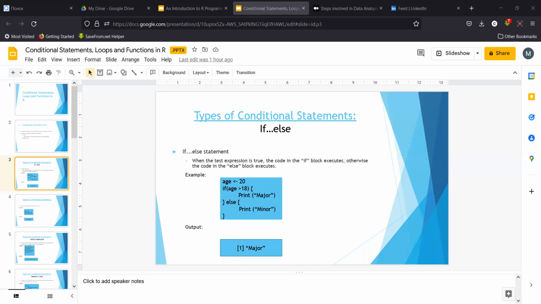First we run this, control enter. Now we'll create the conditional statement using if. We'll say if, in brackets, age is, let's say, greater than or equal to 18,